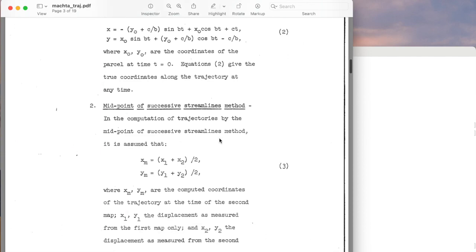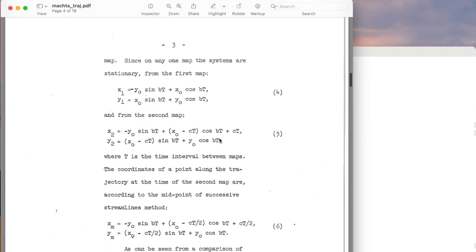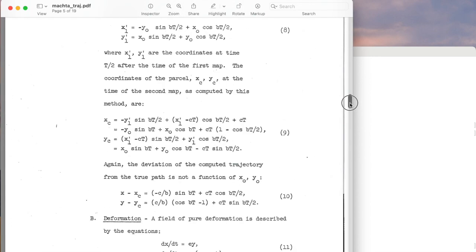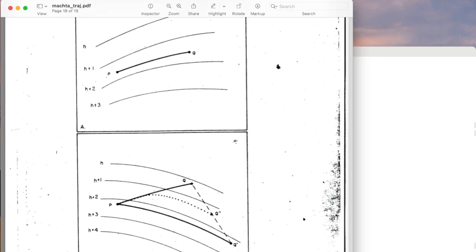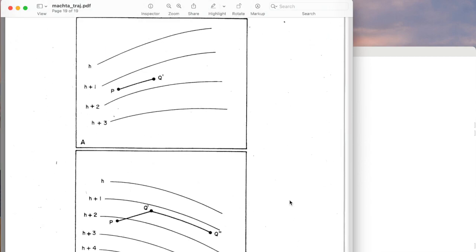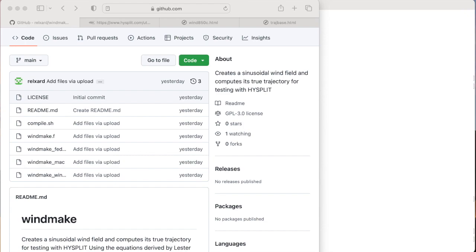The graphical approach of the 1950s has been replaced by the digitized integration used in HYSPLIT and other similar numerical models. So at this point, it should be obvious that the analytic approach could also be used to evaluate current numerical